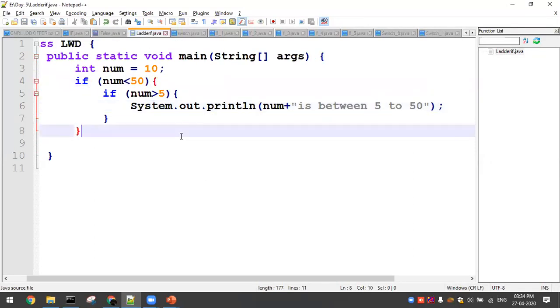Ladder if is nothing but an if inside an if. I have a value 10. So, 10 less than 50. If that is so, I have to go ahead with another condition: is 10 greater than 5 or not? If yes, then you print that the number is between 5 and 50. So greater than 5, less than 50. That's what is happening here. We'll look at the operator approach separately, that is a different case. Here the if else ladder is going to look like this: if under if, and if you want, you can go ahead with an else part also. That is not an issue. Here I'm just giving the structure of an if inside an if. So this is going to give an output.